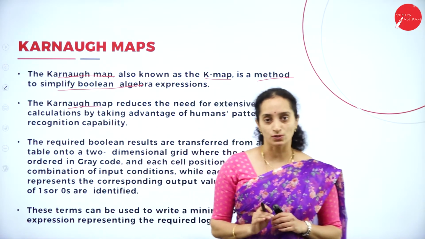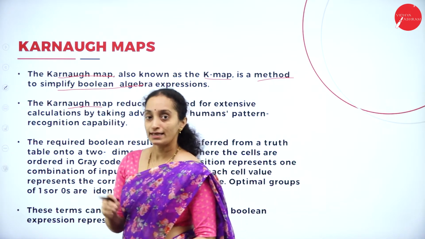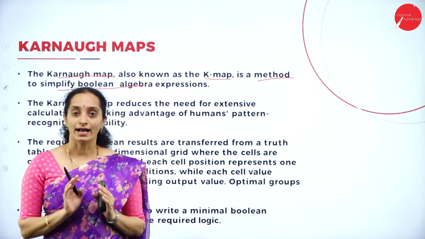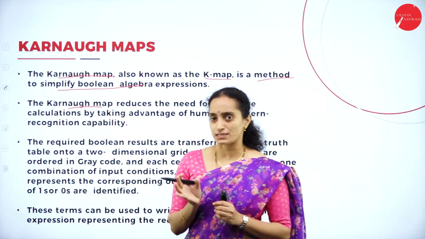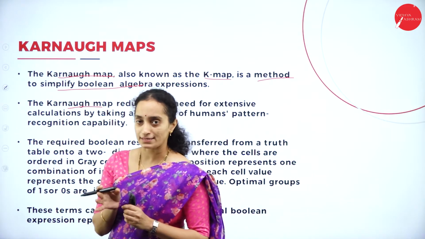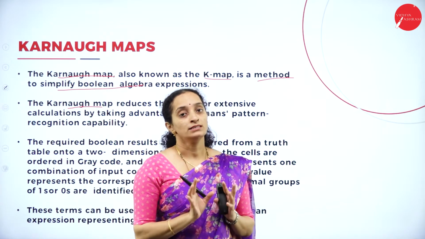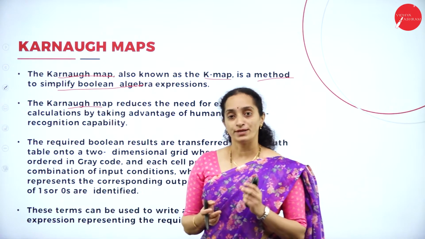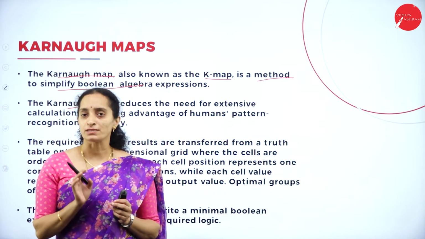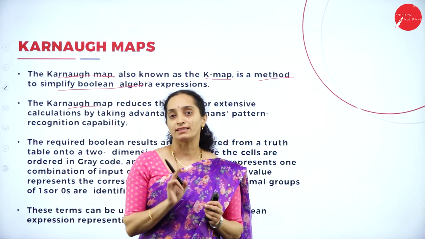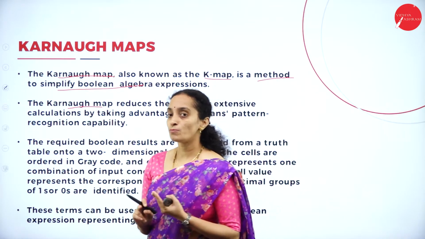What is the intention of introducing the Karnaugh map? Sometimes simplification of Boolean functions or expressions in normal form using the postulates and the theorems is a little bit complex. Each time we cannot simplify as easily as the simple expressions. If you have simple expressions with minimum min terms or max terms, you can easily simplify it. If you have more than 10 or more than 12 min terms or max terms in a Boolean expression, it will be very difficult for you to simplify that expression using only the theorems and the postulates.